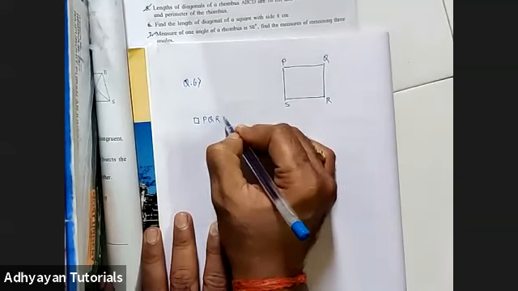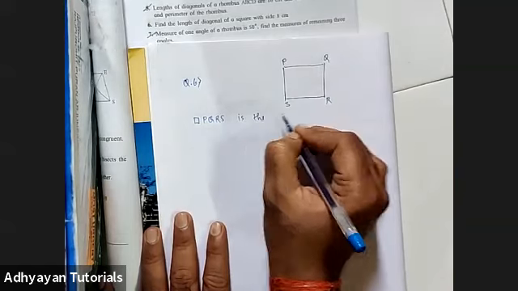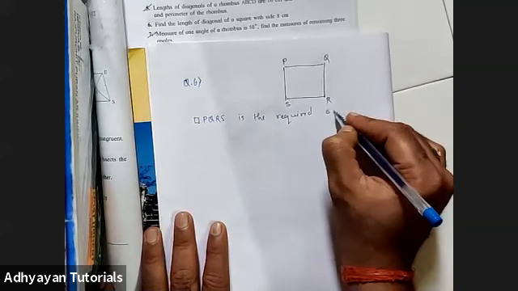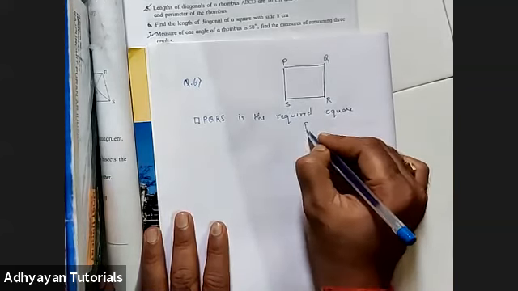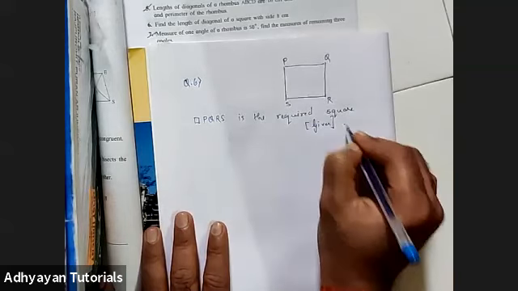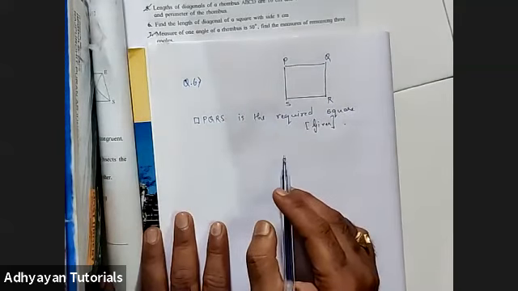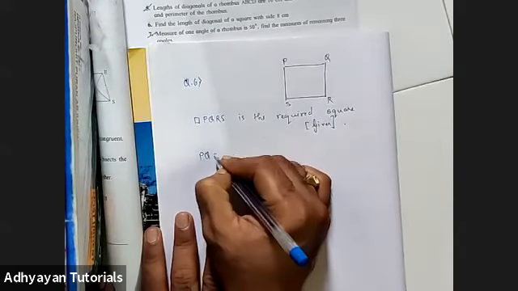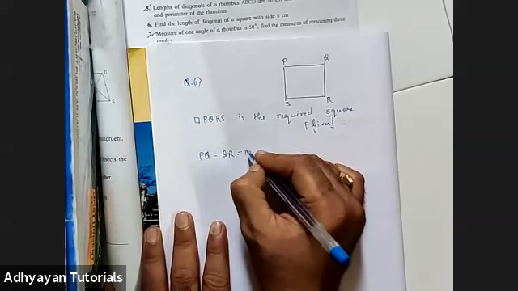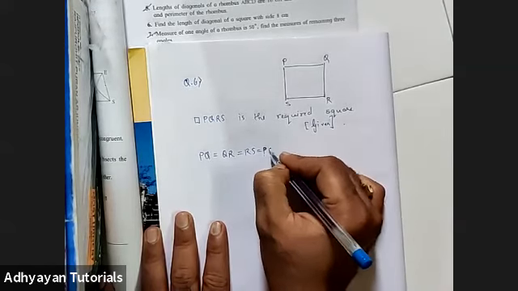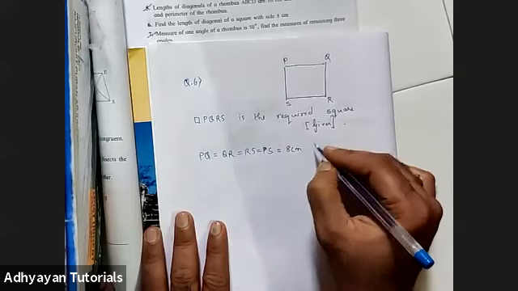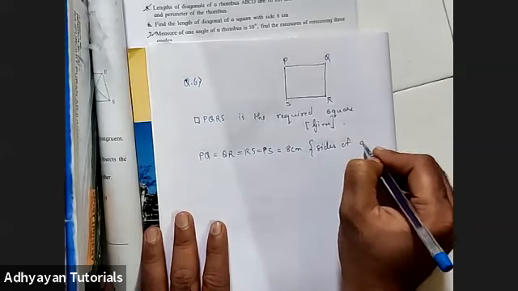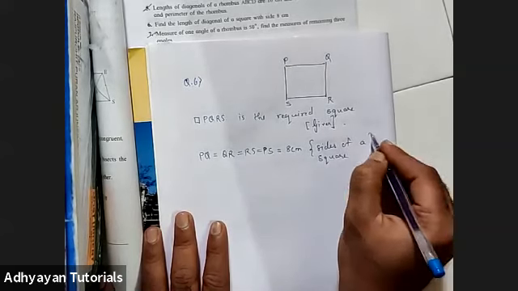Quadrilateral PQRS is the required square, or maybe you can put the word given, is the required square. Given. Right? Next, length of the diagonal, we have to find it, and side is given to us as 8. So side matlab, we all know, children, that all the sides are equal. PQ, QR, RS and PS. They all will be 8 centimeters. So I put it as sides of a square. The reason has to be sides of a square.